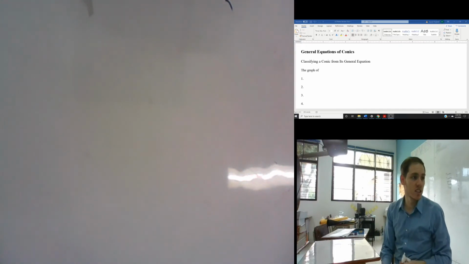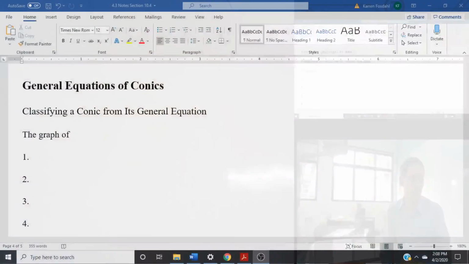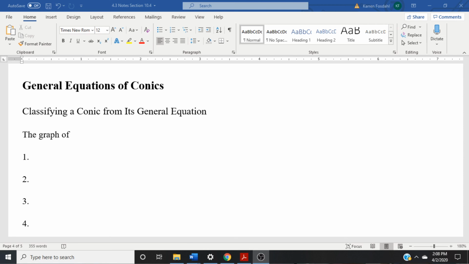Last part. General equation of conic sections. Let's blow this up so you guys can see it. Classifying conics in its general equation. The graph of